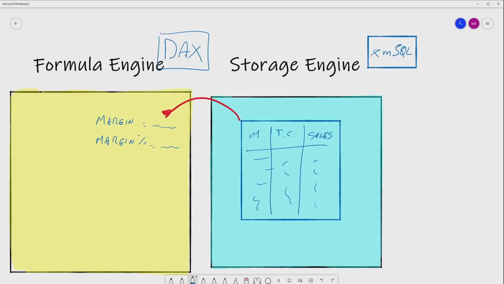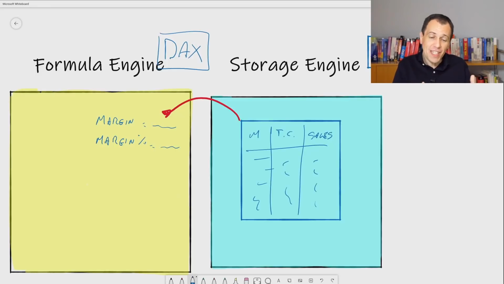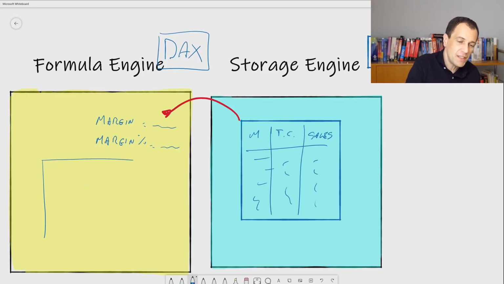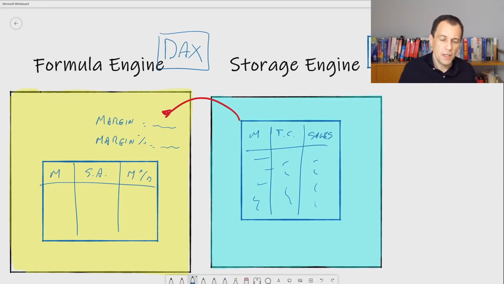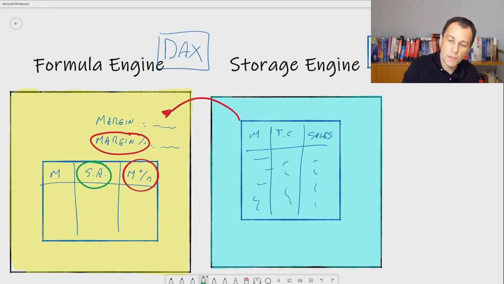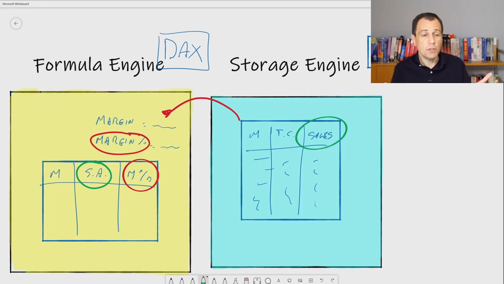Now, once the formula engine receives the data, once again, it builds the final result sent to Power BI, which contains for each month the sales amount and the margin percentage. As you see, this value has been computed in the formula engine, whereas this value, sales amount, was coming directly from the storage engine. There was no transformation required by the formula engine.